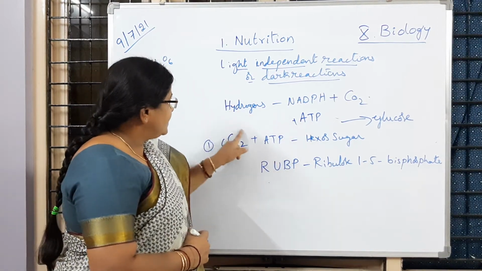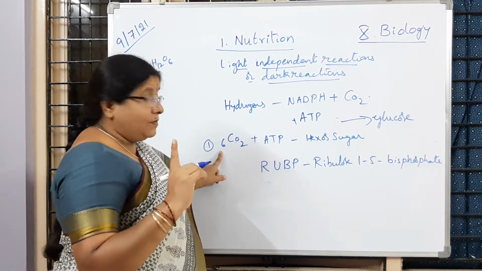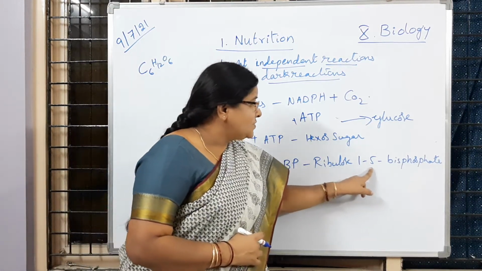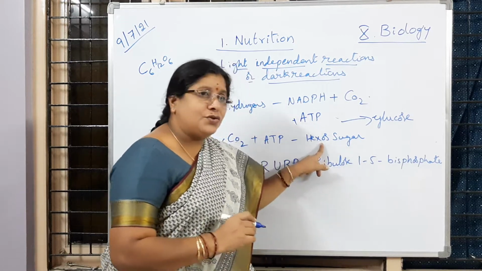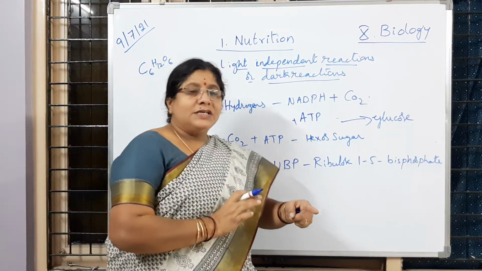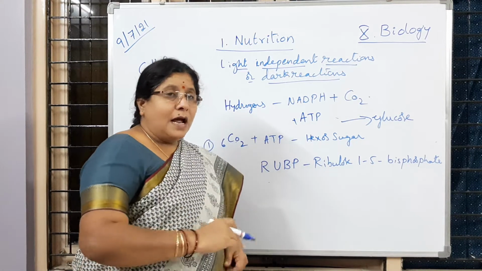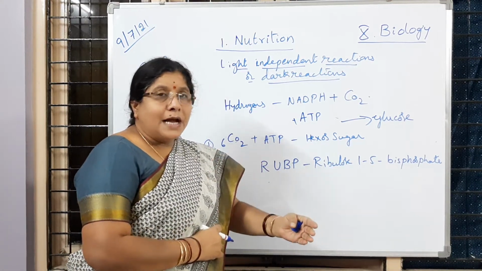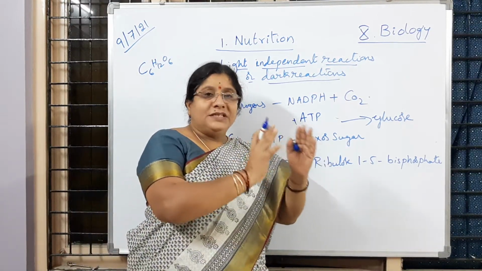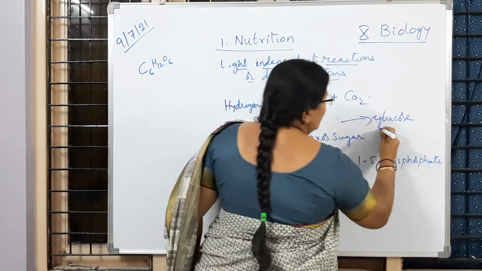So out of 6 carbon dioxide molecules, 6 carbons, in the first step 1 carbon is going to be using up this ribulose 1,5-bisphosphate and it forms the hexose sugar. That hexose sugar is unstable. It will be converted to 2 molecules of glyceraldehyde 3-phosphate, and then other reaction intermediate compounds are formed. Finally, that molecule, which is unstable, will be converted to glucose.